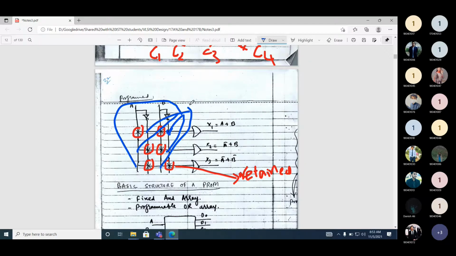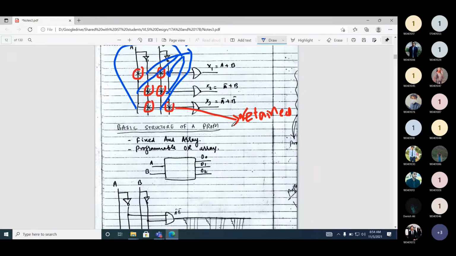Now let's assume you have 36 inputs. If you want to draw these 36 lines, will it be visible? It will not be visible. Just for the sake of simplicity, for the sake of visibility, so now this is A. All of these blue ones, are they blown or retained? Blown. And if you look at the function, which function will be implemented? The same. A is retained and B is retained, so this is A plus B and so on.